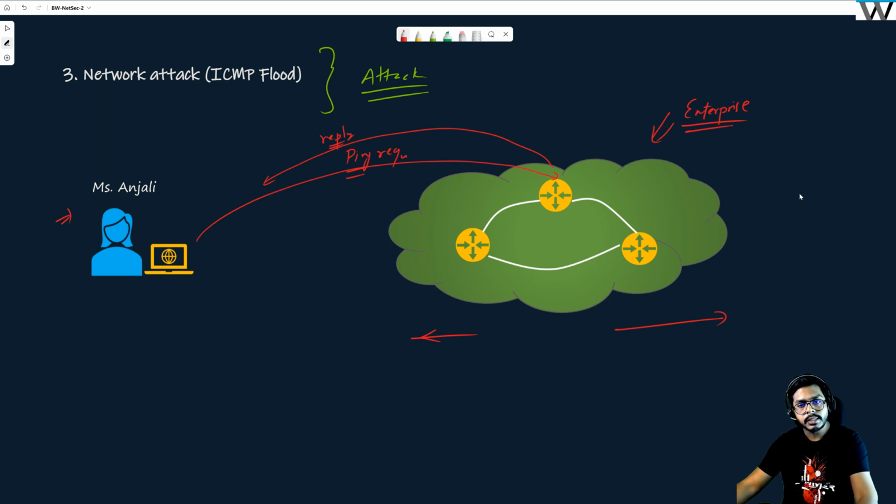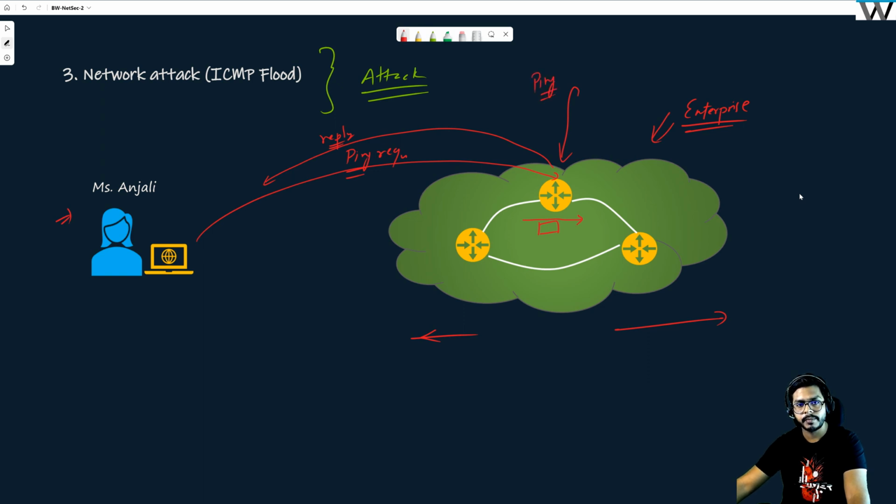The catch here is that generally a router gets two types of packets. One, which are flowing through it, meaning the destination address or the source address of the packet does not belong to this router. So the packet is coming, the router is checking its destination IP address and forwarding it, right? So these are transit messages. No problems, the router can forward it. That's not an issue. But now there are some messages which are directed towards this router, and this ping message